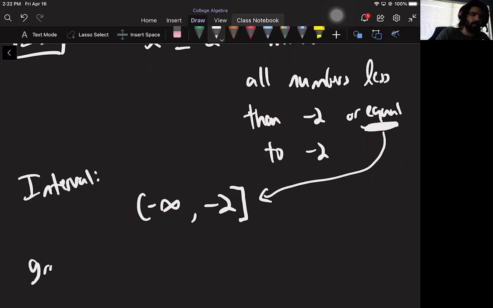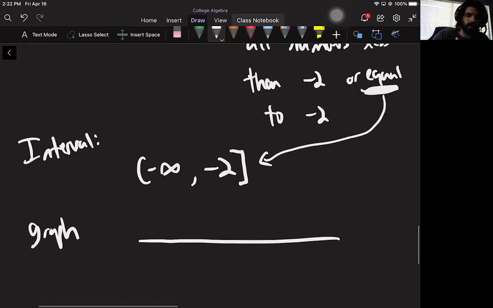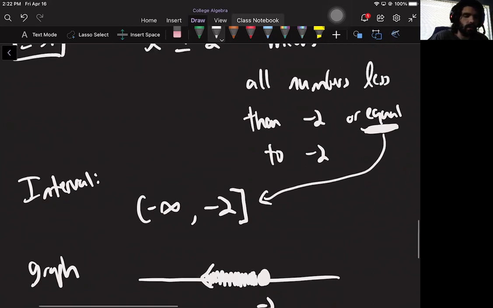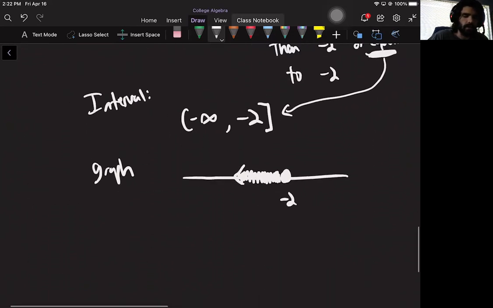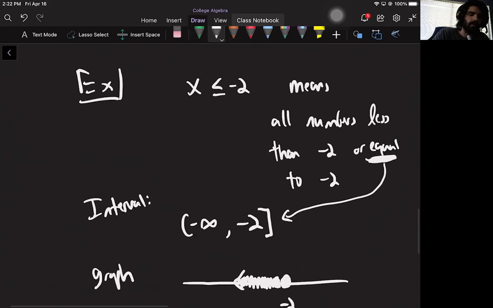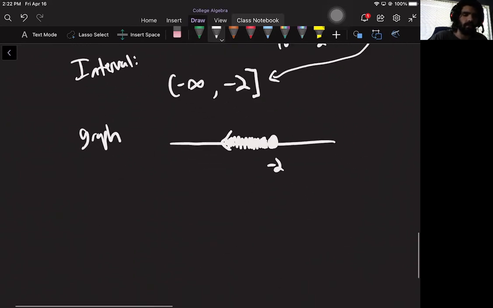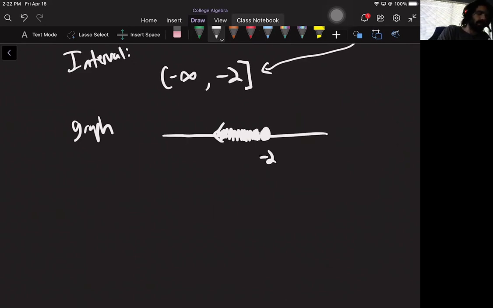And then graphically, same as last time, except now I bubble -2 again, but I shade to the left to indicate that I want all the numbers to the left of -2. Okay, so now for comparison, what happens if it's not an equal to? So we're going to change this to not having an equal to, and then it becomes a little bit different, very similar. So if I do x is bigger than